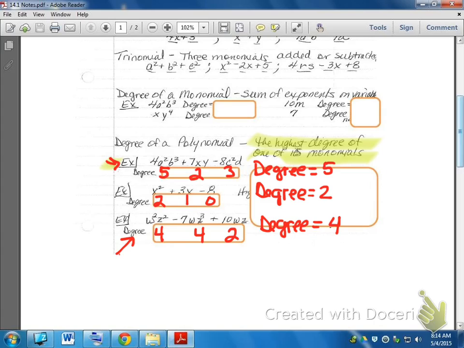So on Big Campus, all there is this time is 14.1. I think it's either called worksheet or practice. I don't remember which one. There's just one, 14.1, and you are to do all of the evens. You are to do the evens, and that will be due